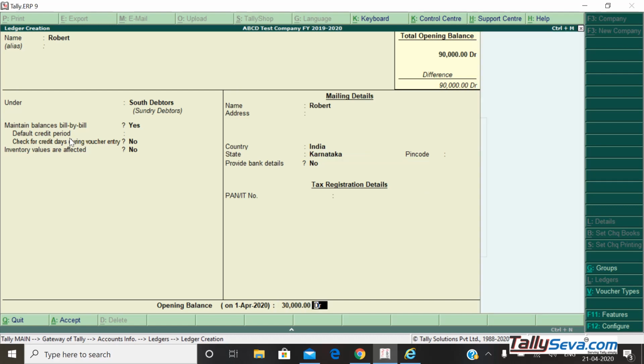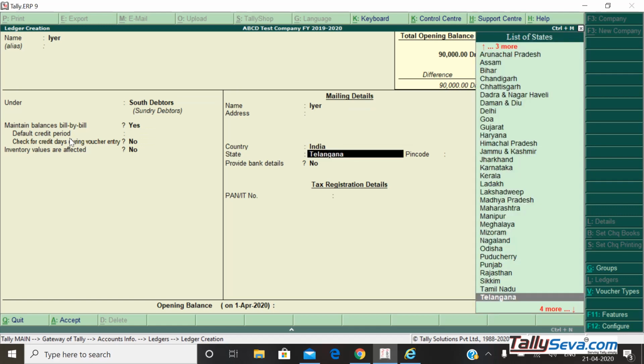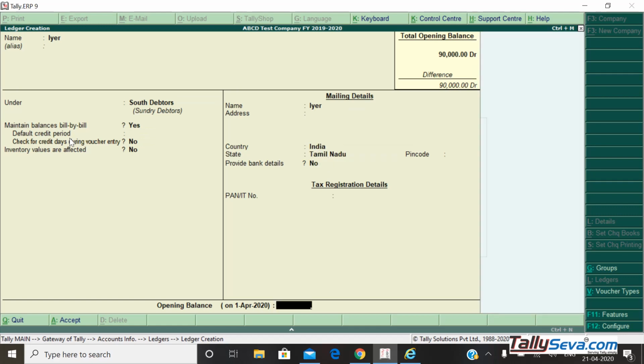It's a due of 30,000 rupees, the opening balance. And Iyer, 50,000 rupees. So I've created some ledgers according to their groups.